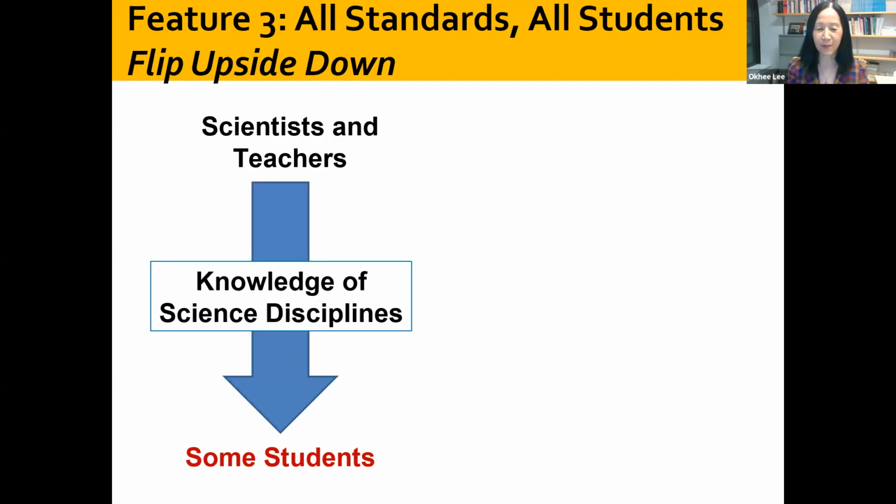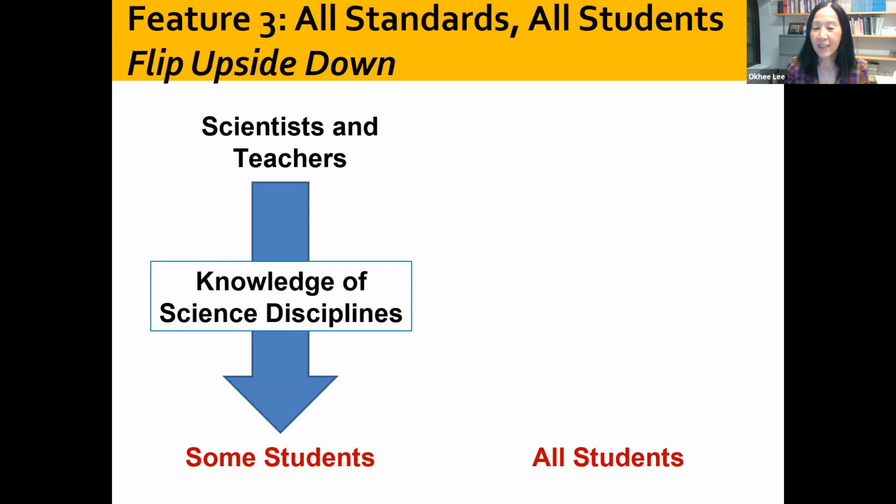Some kids who are lucky will do the science investigations. So I put down some students. Some students get it and they become scientists and engineers. But most students will say, I don't understand what I'm doing in science. Why are you doing science? Because my teachers say so, even though I don't understand. Now, those some students are typically the minority students. This time, it's all students, because the students who are traditionally the minority are the majority right now.